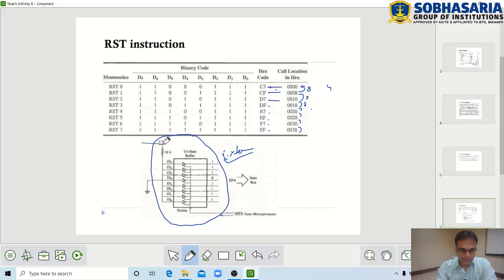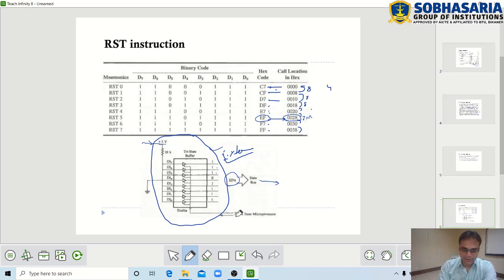So here you can see the enable signal will be coming here, the interrupt enable signal, and this is grounded, so this will create a 0 and the rest all become 1 1 1 1 1. So this creates an EF. So RST5 has a code EF, which is going to have a vector location 0028. When this EF is received on the data bus of the microprocessor, then the microprocessor will come to know that the called location is 0028 and the ISR is going to be executed at this location. So the vector location is identified now with the help of this hardware.